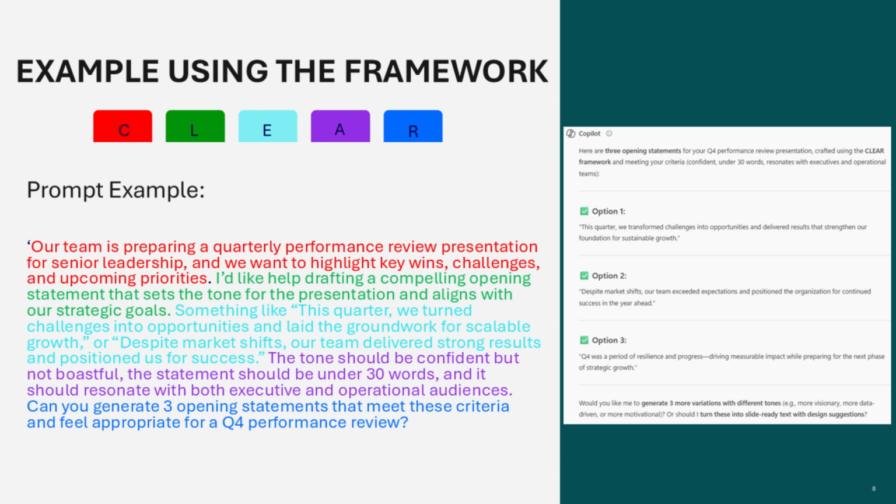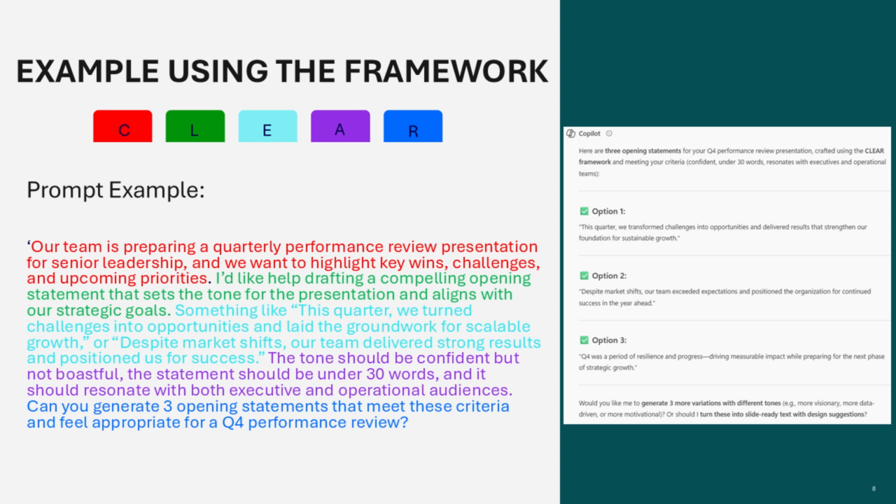The prompt then includes examples, which give Copilot a reference point for style and direction without locking it into a single answer. Assumptions and constraints are clearly stated, including tone guidance, word limits, and the need to resonate with both executive and operational audiences. This prevents Copilot from over-explaining or drifting off target.